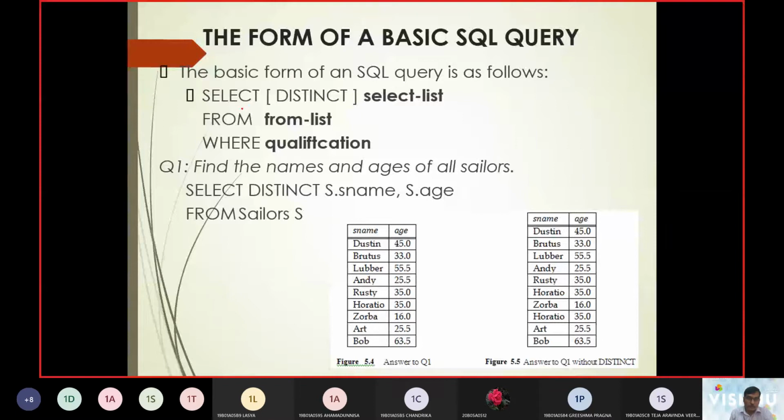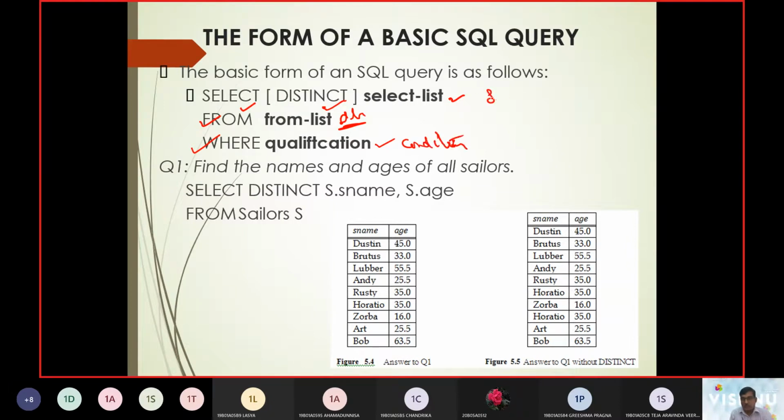So we talked about the select command. Distinct brings up unique elements where no duplicates are taken, followed by the select list. From which databases you want to get is what we call the from list, and where is a clause taken up by the select command, and the qualification meets some condition.